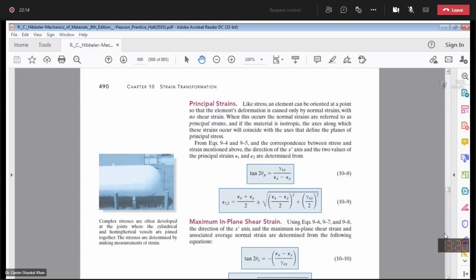The other way is to use the direct formula to calculate the principal strains, that is, epsilon 1, epsilon 2 is equal to epsilon x plus epsilon y over 2, plus minus the square root of (epsilon x minus epsilon y over 2) squared plus (gamma xy over 2) squared. This equation is exactly the same as for the calculation of the principal stresses, and the derivation of this equation involves